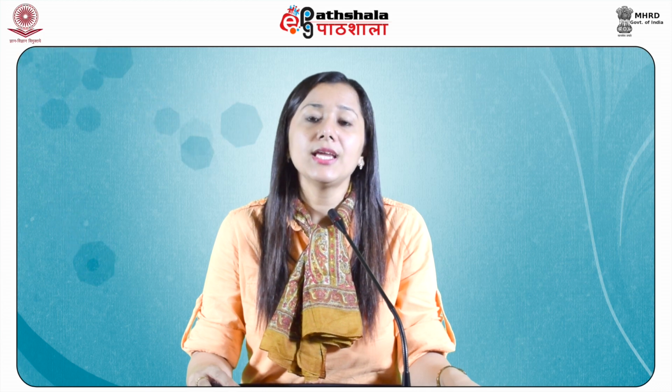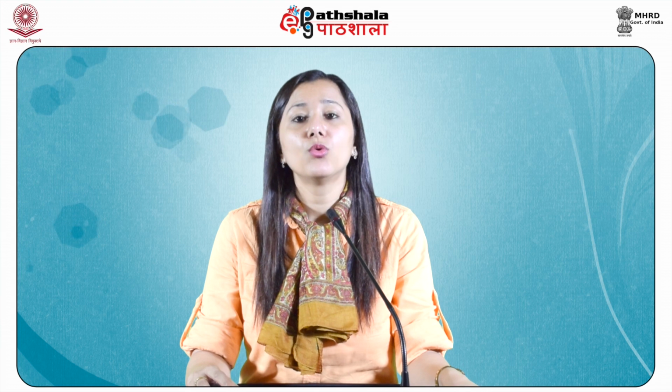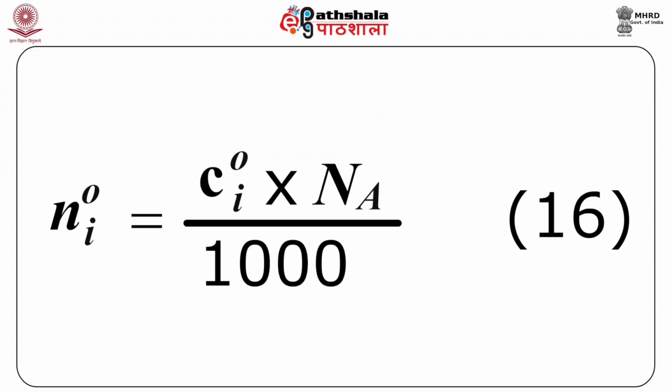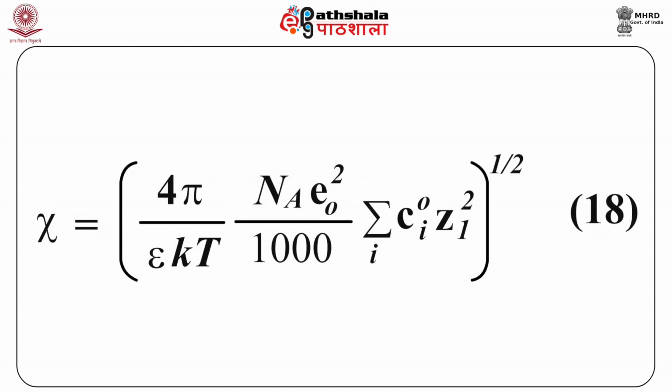Therefore, if Ci0 is the number of moles of ions dissolved per liter of the solution, that is, Ci0 can be said as the number of moles per liter, then Ni0 can be expressed in terms of Ci0 in the form of equation 16 as, where C is the concentration in moles per liter. Therefore, using equation 16 in equation 15, we get equation 17 as, or this can be written in the form